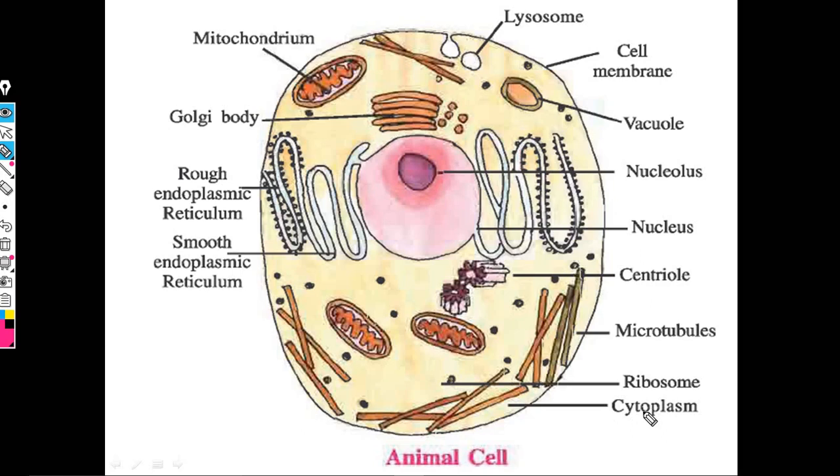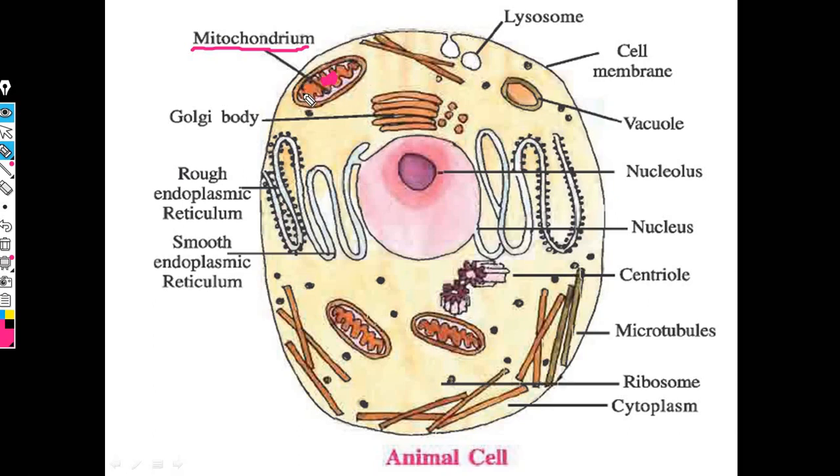I hope you are clear with the cytoplasm. Cytosol we have already covered. Now we are moving towards the individual organelles. The first one is the mitochondrion. Again you can see that it is a double-layer structure. Why is it a double-layer structure? You can easily imagine that there has to be some genetic material within it, called mitochondrial DNA.